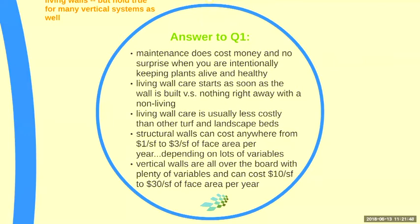Generally speaking, you've got a grounds crew that is maintaining turf and planting beds and shrubbery and trimming things, so the structural living wall fits in there nicely. It's just a little bit of an add-on to what the maintenance crew is already going to do, and they're there in close proximity, so it's not a big upcharge. Structural living walls can cost anywhere from $1 a square foot to $3 a square foot of face area